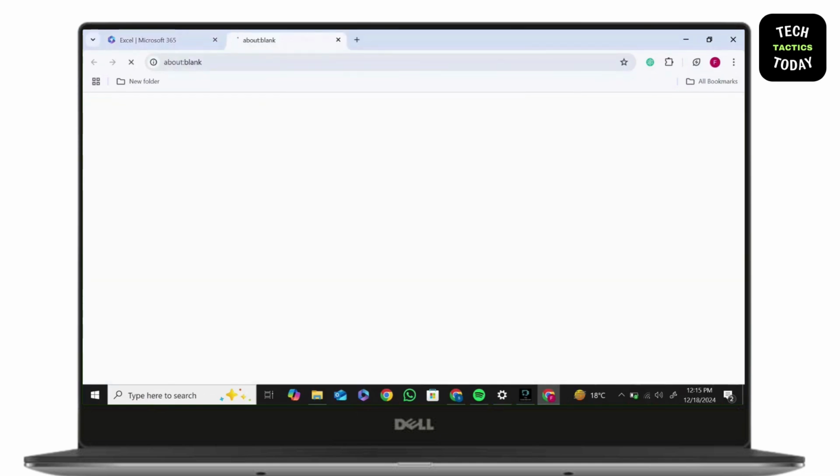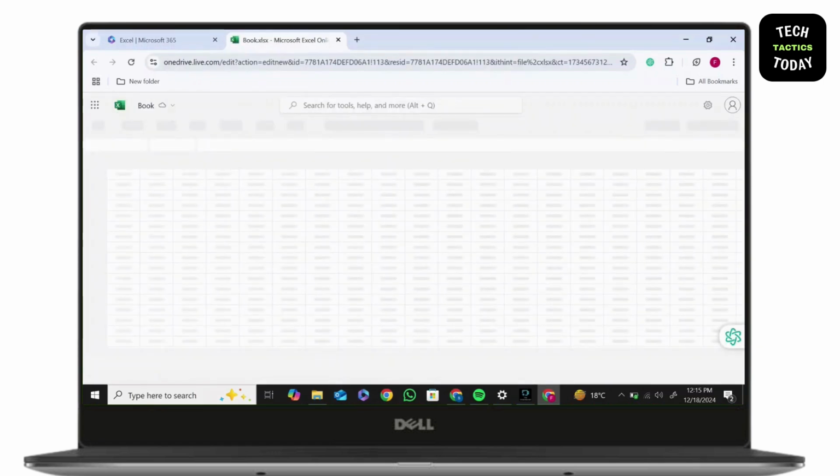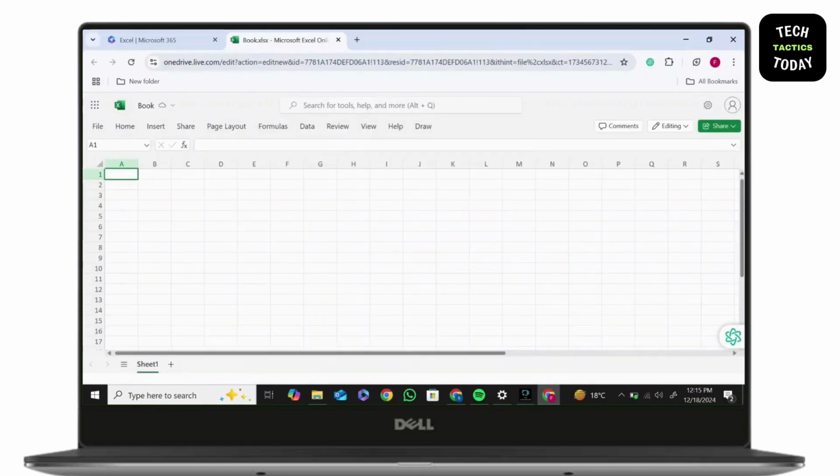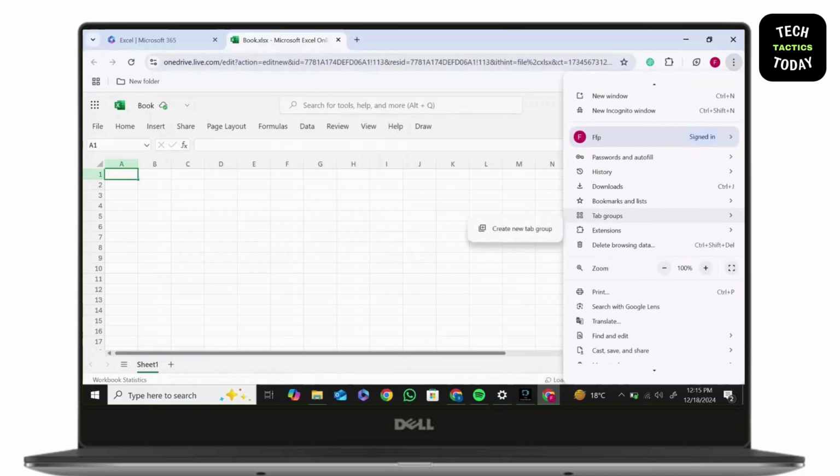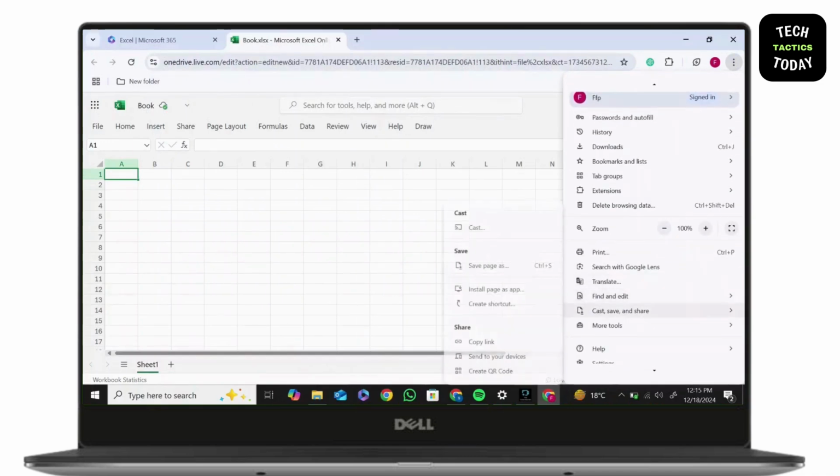After it's opened, simply you'll find this kind of screen pop up. Click on three dots located on top right corner of your screen. Then scroll all the way down till you find Cast, Save, and Share. In here you'll find Install Page as App. Click on Install Page as App